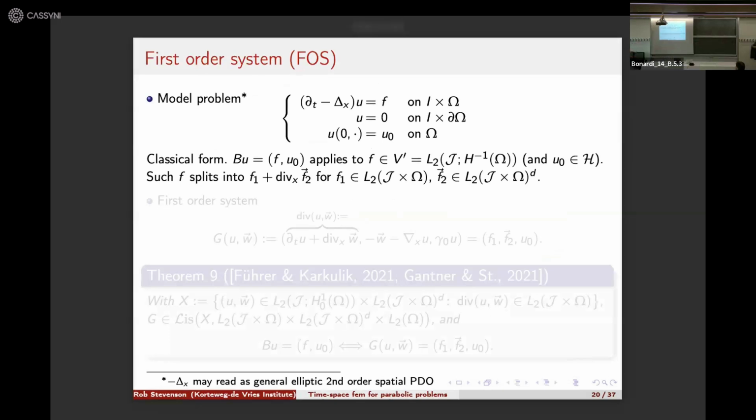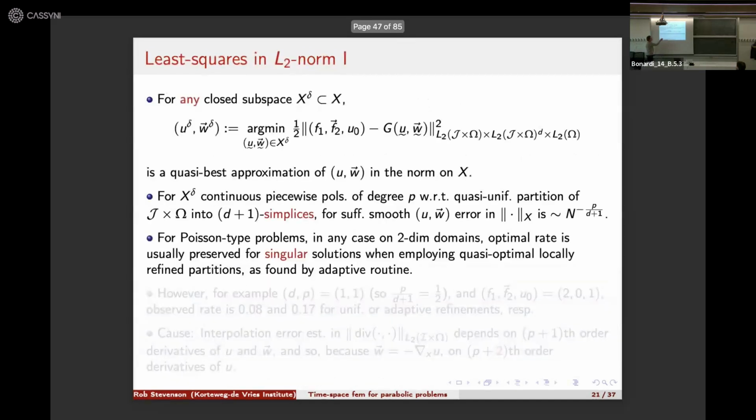Okay, now method 3. Method 3 is simpler, and so I can speed up a little bit. So we have the heat equation again. Now you can make it more general. What we do, we write F, we split it into 2 parts, but when F is L2, the second part is 0. So what we do here, we make a first order system. So we introduce the gradient of u, think of f2 being 0, we introduce the spatial gradient of u, or minus the spatial gradient of u, as a new variable, w, and then the heat operator is just the,